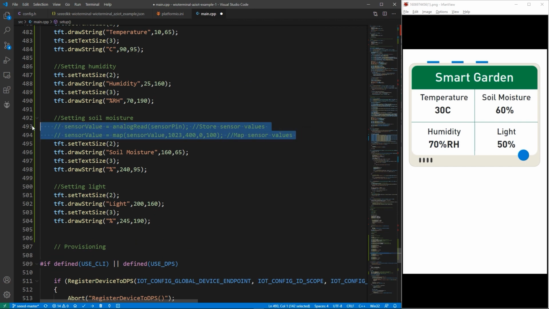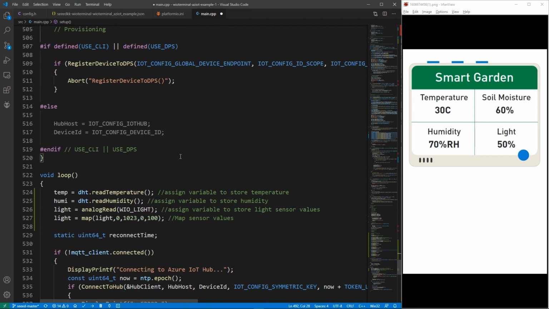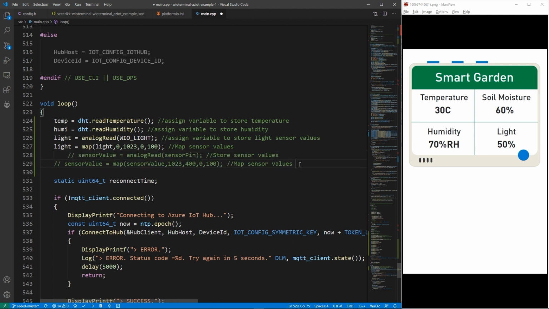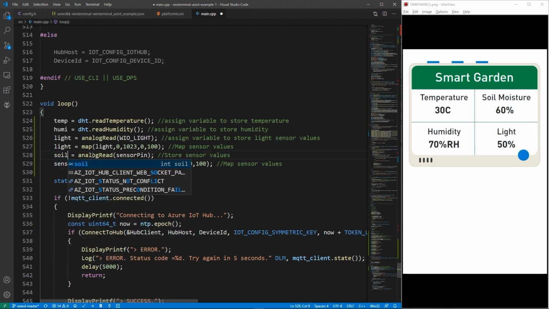Next, cut and paste this here and uncomment this. So here let's replace this with soil because we defined soil before, and for the sensor pin here directly write A1 because the soil moisture sensor will be connected to the A1 pin, and here change to soil.